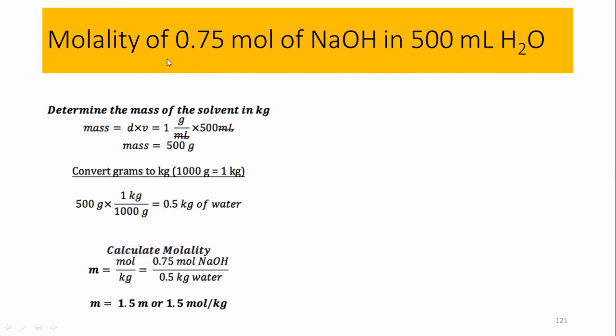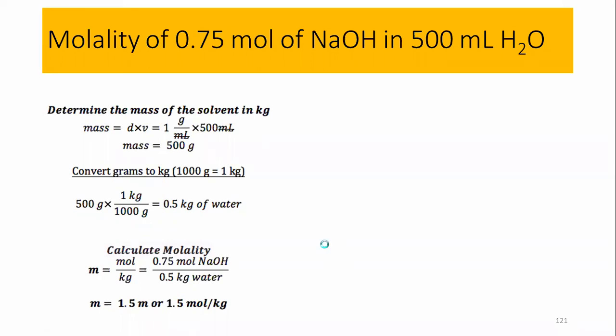So you have achieved the conversion: 0.75 moles and 0.5 kilogram of the water, and the molarity is moles per kilogram of the solvent. And simply by using it, 0.75 moles of the NaOH per 0.5 kilogram of the water or the solvent. When you solve this one, the answer is 1.5 m, small m, or 1.5 mole per kilogram. So this is all about the